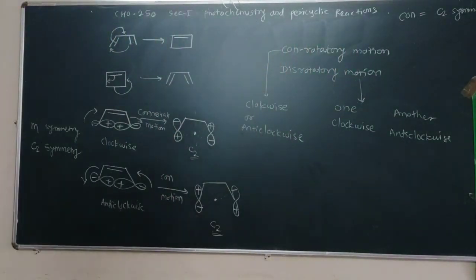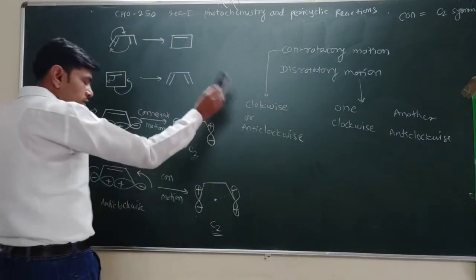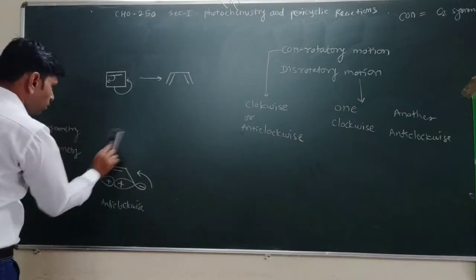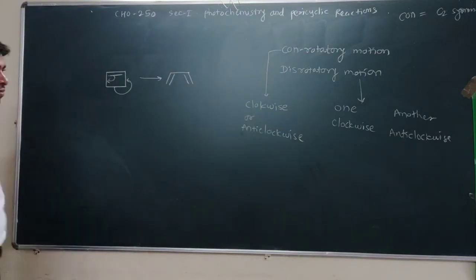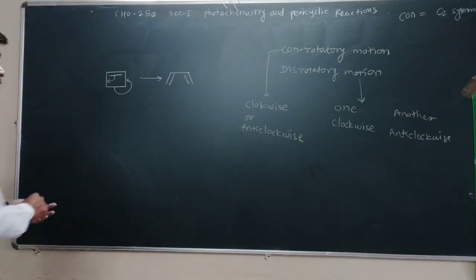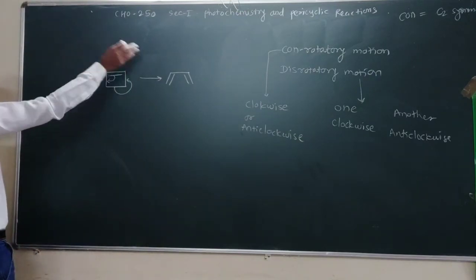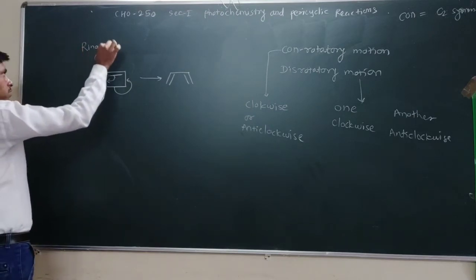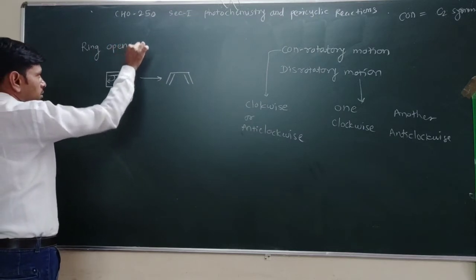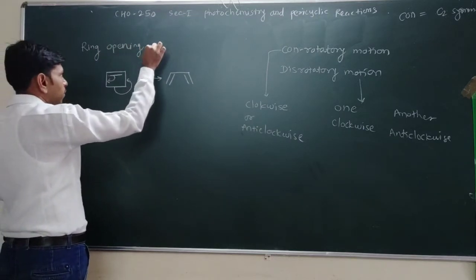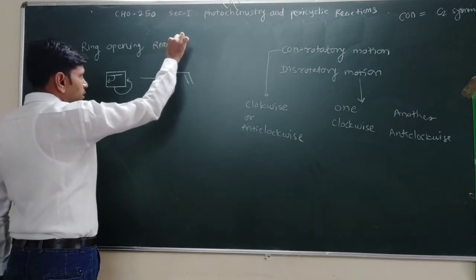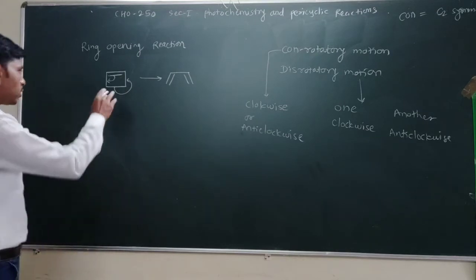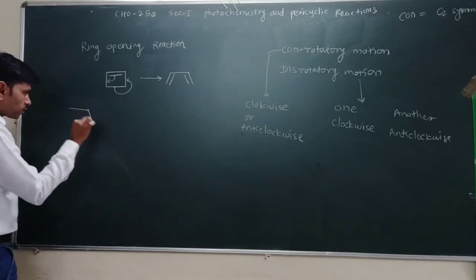So this is about conrotatory motion. Let's check the disrotatory motion. In disrotatory motion, one orbital rotated clockwise, another rotated anti-clockwise. Here, we are studying the conrotatory and disrotatory motion for ring opening reaction. There are two types of reactions in pericyclic electrocyclic reaction: ring opening and ring closing. First see the ring opening reaction, then after we are going to see the ring closing reaction. In ring opening reaction, first the ring is closed